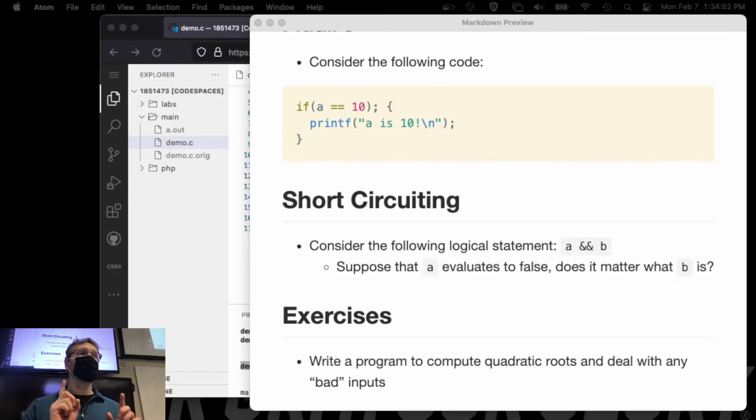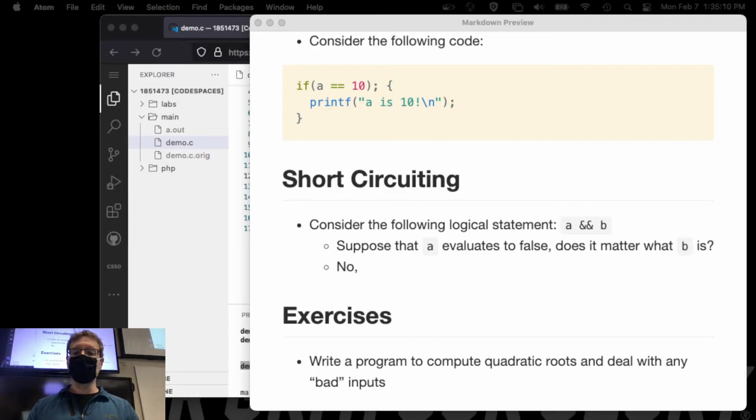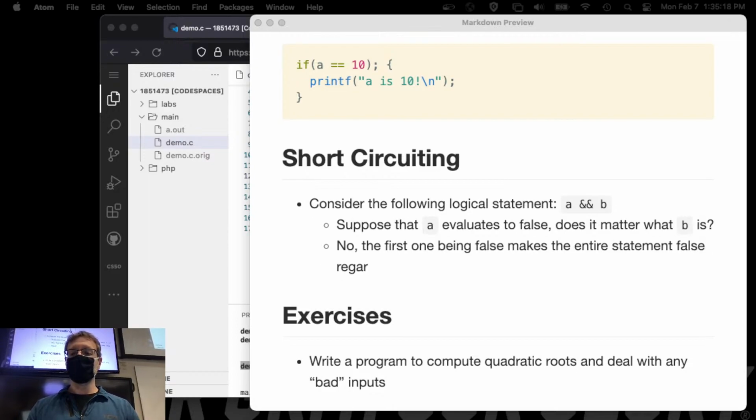So remember that this is the logical conjunction, the AND. It's only true if both of them are true. A has to be true and B has to be true. So if the first one is false, does it matter what this one is? Nope. It could be true, it could be false, it doesn't matter, the entire statement is false, right? The first one being false makes the entire statement false, regardless of the second